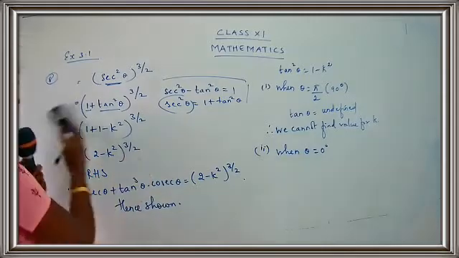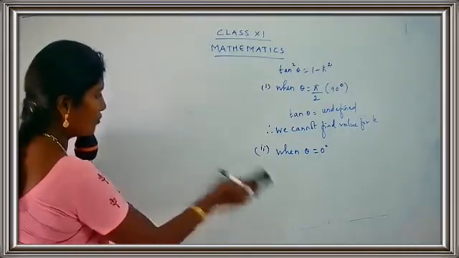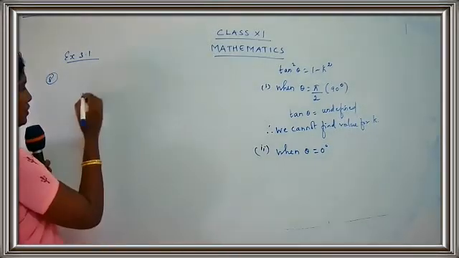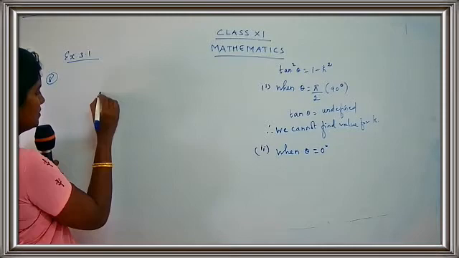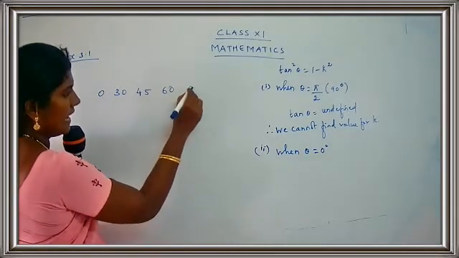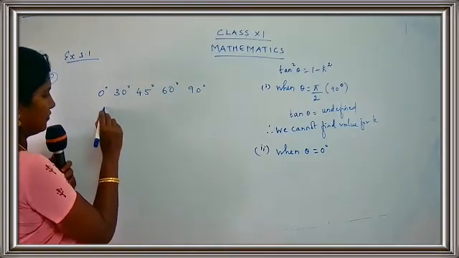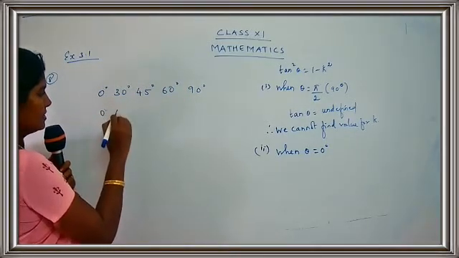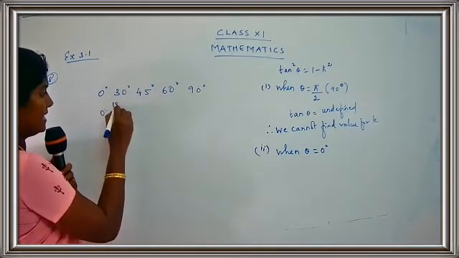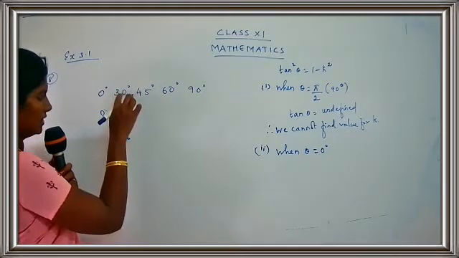I'll just draw a table here. You would have this table, so no need to draw the table, children. I'm drawing the table just for my reference. So we started from 0, 30, 45, 60, 90. Yes, this is in terms of degree. In terms of radians, you have to keep this as 0 only. This is pi by 6, 180 by 6. Pi is 180, so 180 by 6 gives you 30 degree.